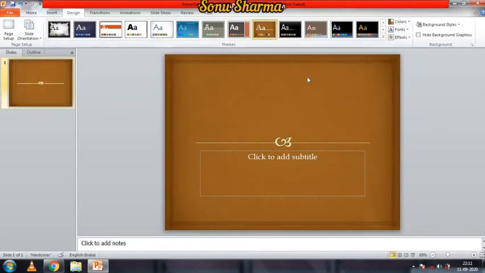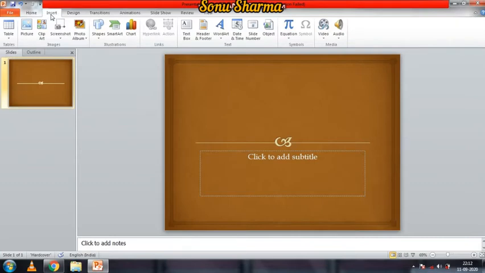Okay. Now our real thing, what I want to show you, how to insert audio, how to insert sound in your slide. Okay, then go to insert tab first of all. Then you can see in the insert tab you can see media group. This is the media group. In media group you can see audio. Click on audio. Then you can see different options are there: audio from file, clip art, or record your own audio. You can record your voice also here. So I'll click on audio from file. That means from the computer it will search the audios.